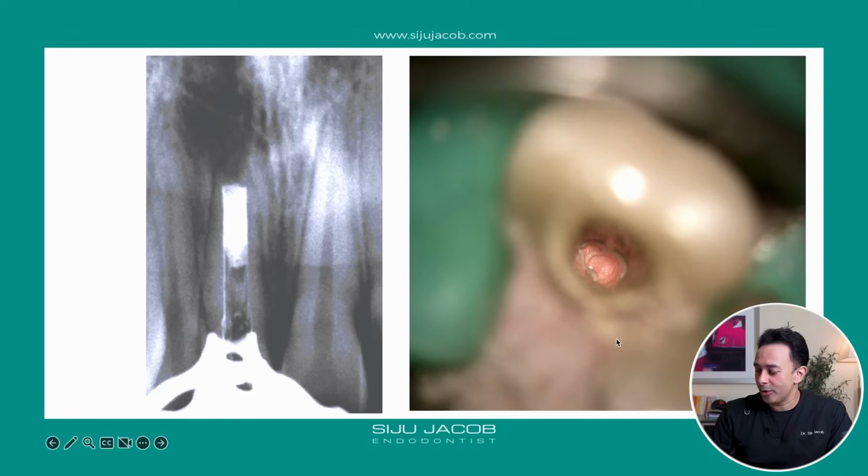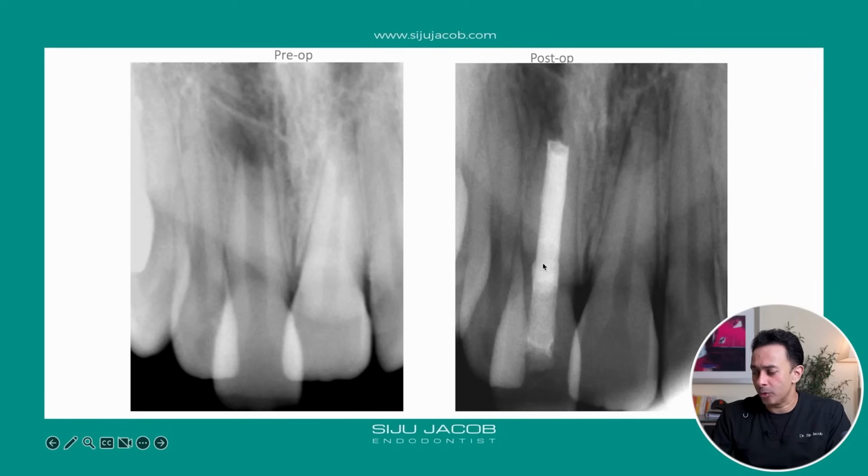So you can see, because we know that the barrier is uniform, I can just inject gutta-percha straight into that area because the barrier is really solid, and then backfill to whatever area I want. So this entire thing is backfill gutta-percha, and we're able to do that because of the barrier formation. Okay, so this is a classical apexification case.